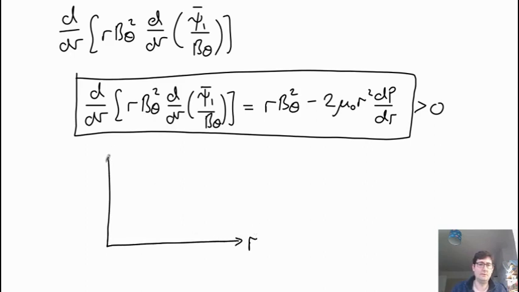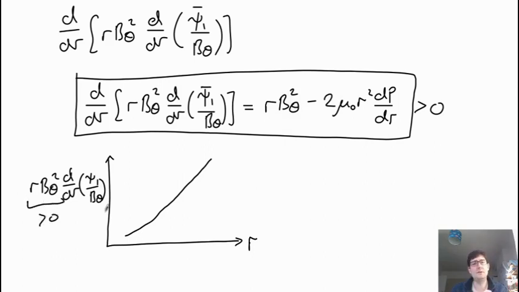So if this is R, we can make a plot of what this function here looks like. Since the right hand side is always positive, when we integrate this in R, we're going to end up with something which is increasing the radius. And the exact value will depend on the boundary conditions. Of course, when you integrate this once, you'll get a free parameter you need to determine, and it is determined by the profiles of the pressure and the poloidal field. But we can integrate this again, because we can think about this is also bigger than 0, so we know what sign this should have.